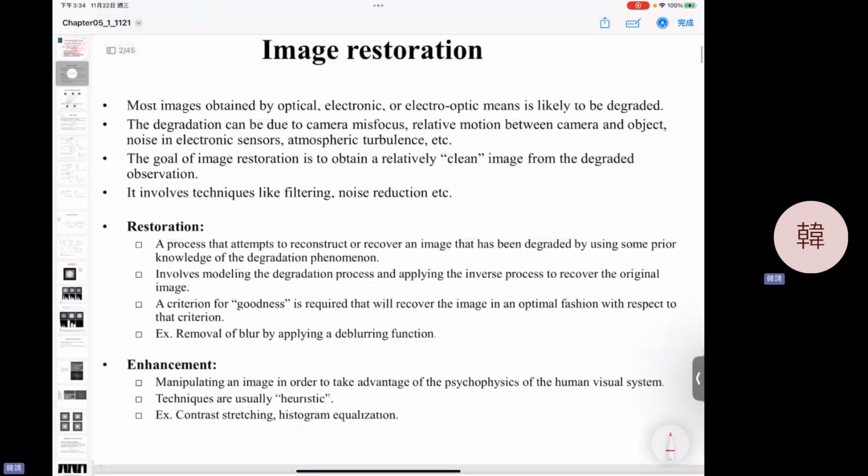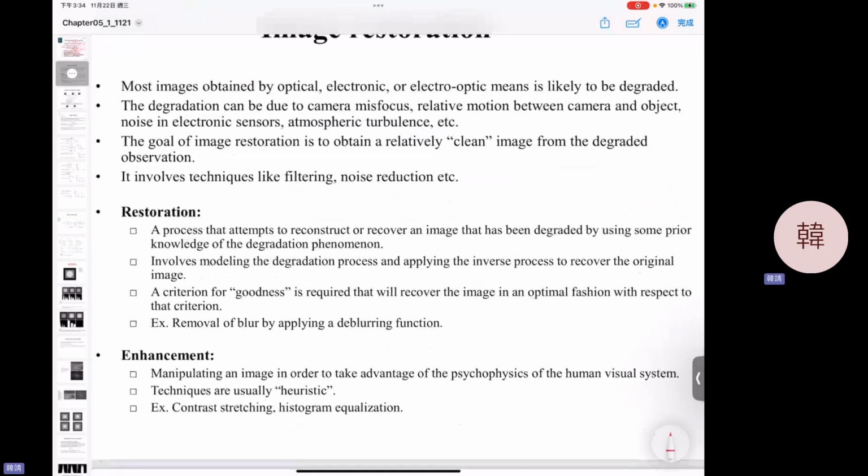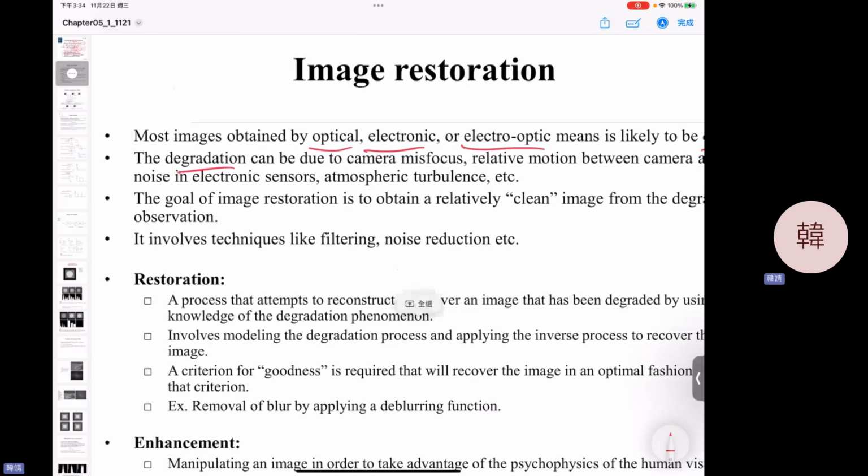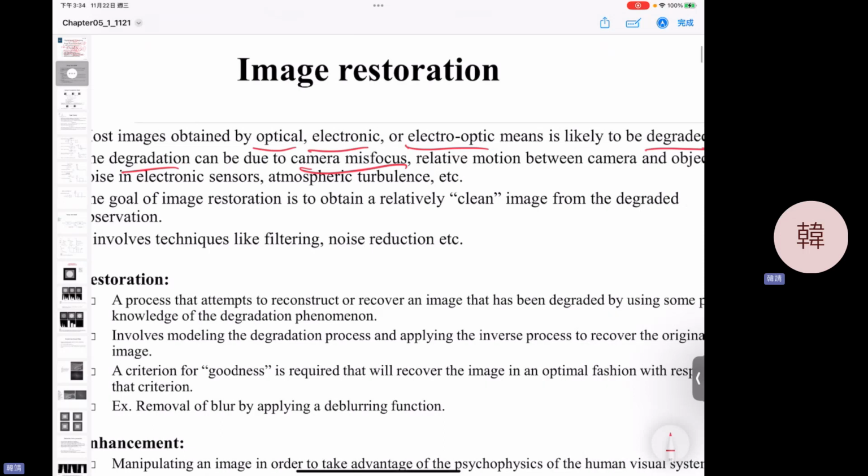Okay, so image restoration, as just mentioned: most images obtained by optical or electro-optic means are likely to be degraded. It's an electronic device, so we always have some process to transmit, to get, to scan it, and we have a lot of different degradation models there. The degradation can be due to camera misfocus. When you take the picture, you use the wrong focus to get the image,